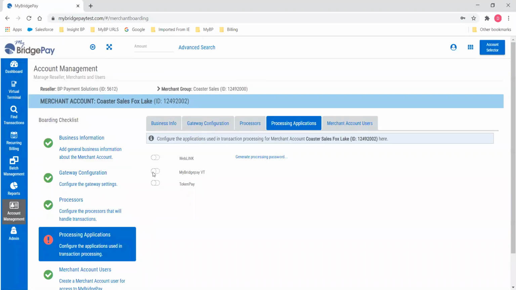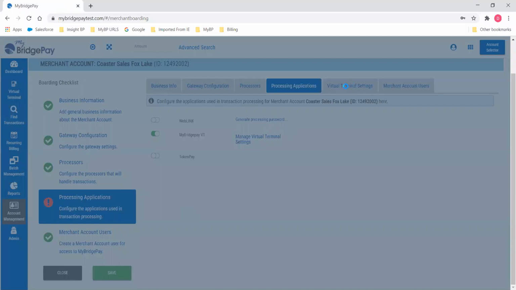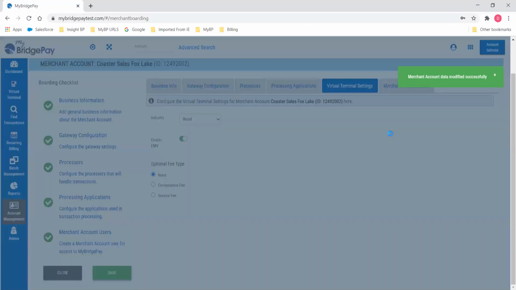And your processing applications, if any are needed. And once that's saved,